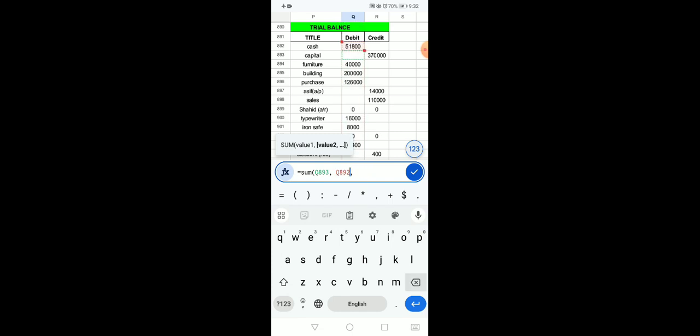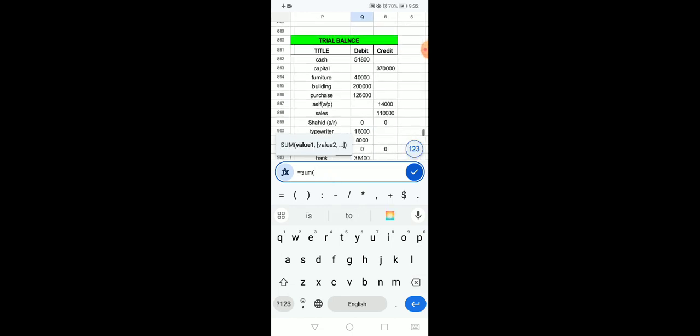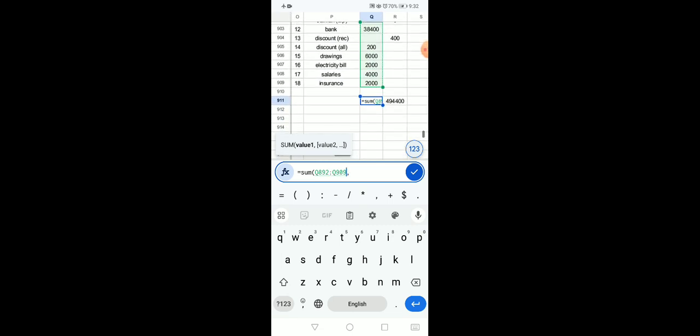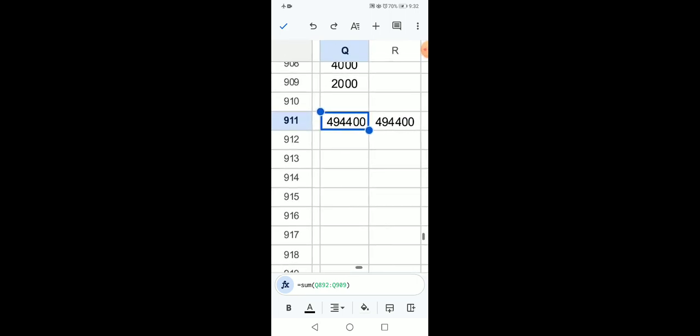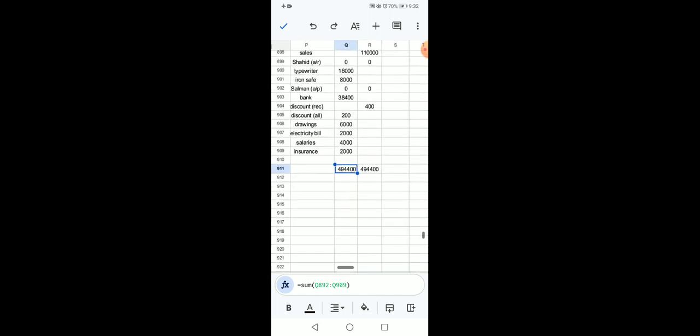Now the sum of the debit side as well, the wrong cell was chosen. So here you are choosing all the amounts present on the debit side and taking the sum. Okay, first I will have to see 494400. Okay, thankfully the balance on the debit side is equal to the balance of the credit side, and I'm just committing to you